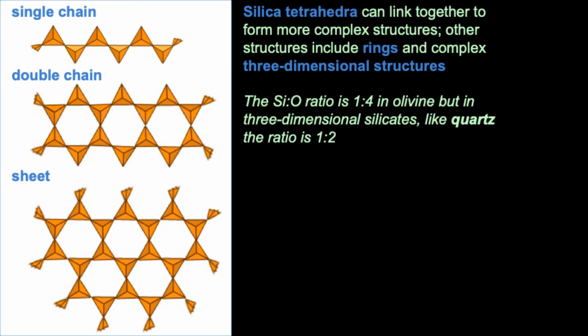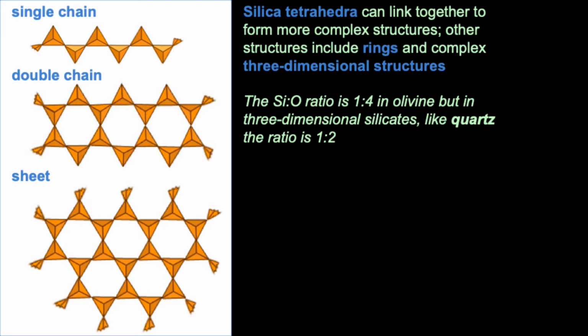And so if we go from a single tetrahedra, we can go to a chain, a single chain. And then next we go to a double chain. And then after that, you can go to a sheet. And a sheet you can think of as several double chains attached to one another. And so you can see from that, in our original molecule, in the original olivine structure, the single tetrahedra, our